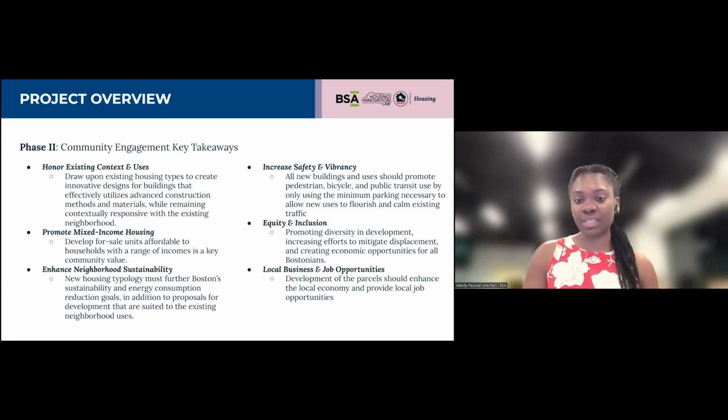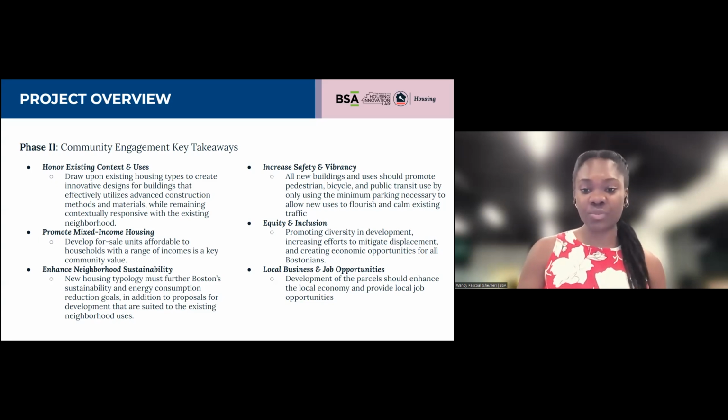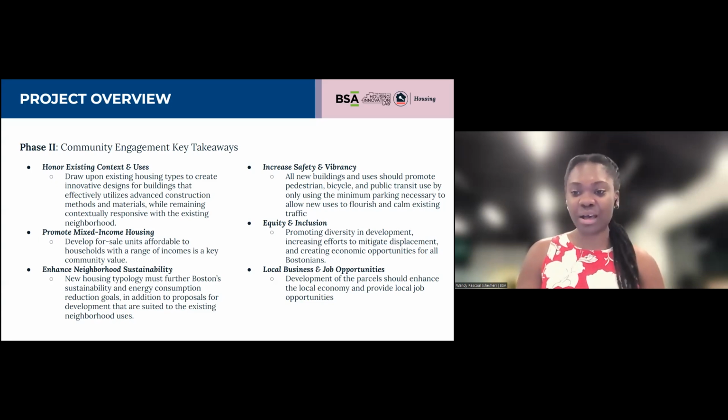Another one is certainly increasing safety and vibrancy. So all new buildings really taking into account the promotion of pedestrian, bicycle, and public transit use, as we notice that there are many of those accesses around the sites themselves, and only using the minimum parking necessary to allow new uses to flourish and calm existing traffic.